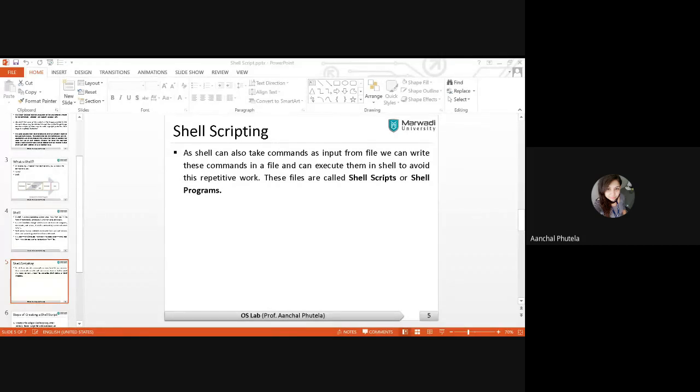हम हमने जैसे echo command use की, फिर cd command use की, ऐसे ही हम एक साथ बहुत सारी कमांड्स को एक जगह पर एक फाइल में एज एन इनपुट, बिकॉज शेल कैन ऑल्सो टेक command as an input file, right? So you can also give a command in the form of files to the shell.